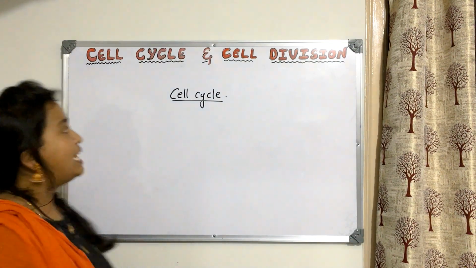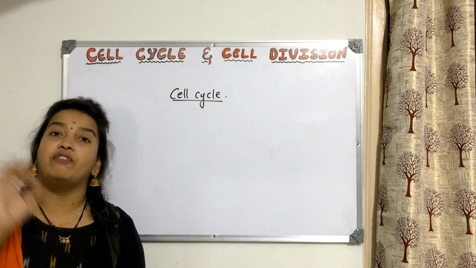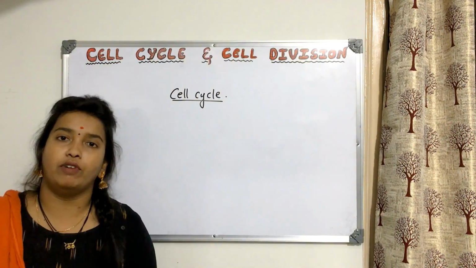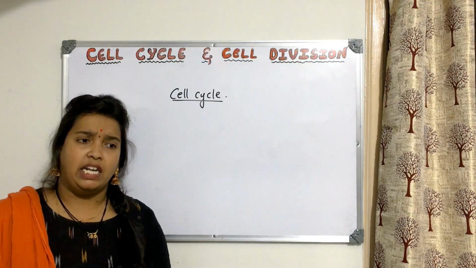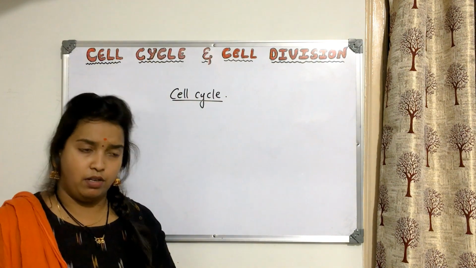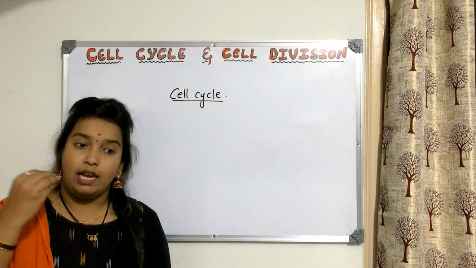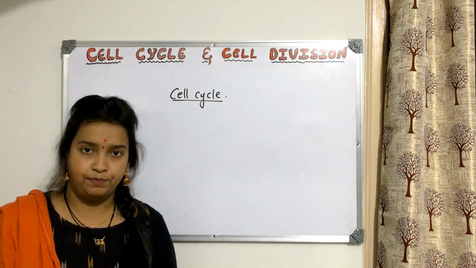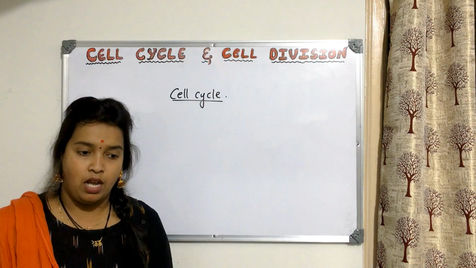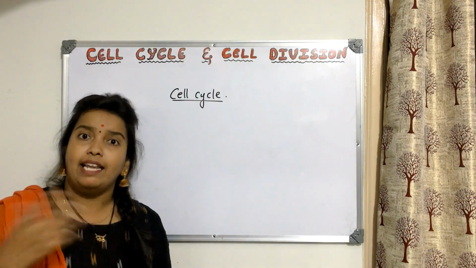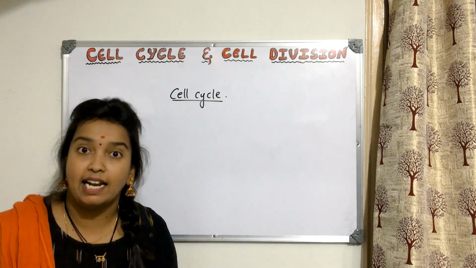Okay. So cell cycle. You know what is cell. Cell is the basic structural and functioning living unit of living organisms. Now every living organism, either if you consider it as unicellular or multicellular, the life starts from a cell. Yes or no? Exception is viruses wherein they don't have any cell. But if you consider any living organism, other than viruses, it starts with a single cell at least.